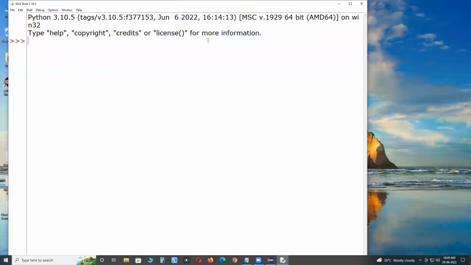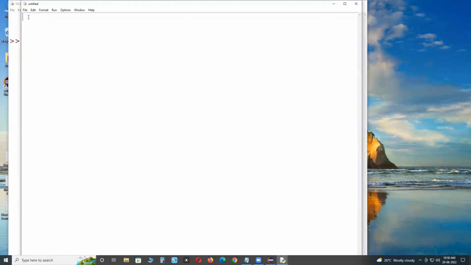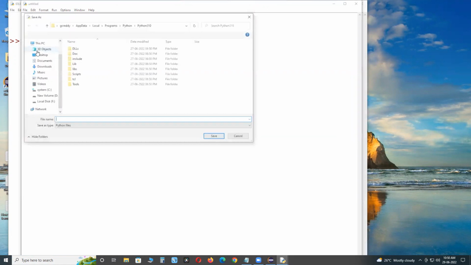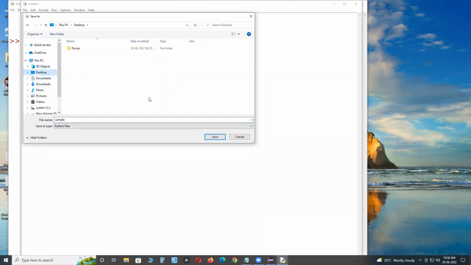I customized the font size. Next, create a file, new file. Save as, suppose sample.py. py is the default extension for a Python program file name.